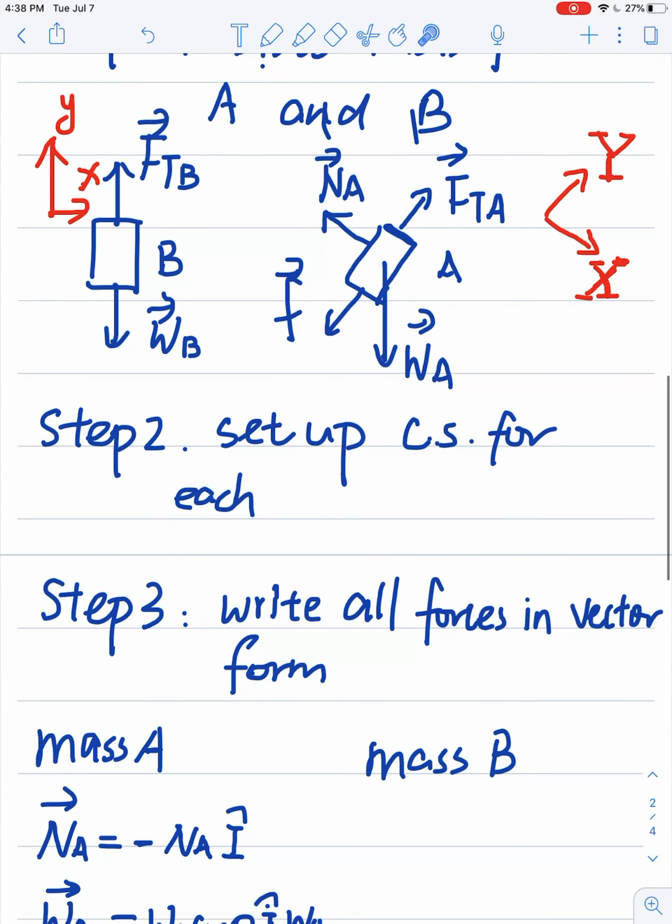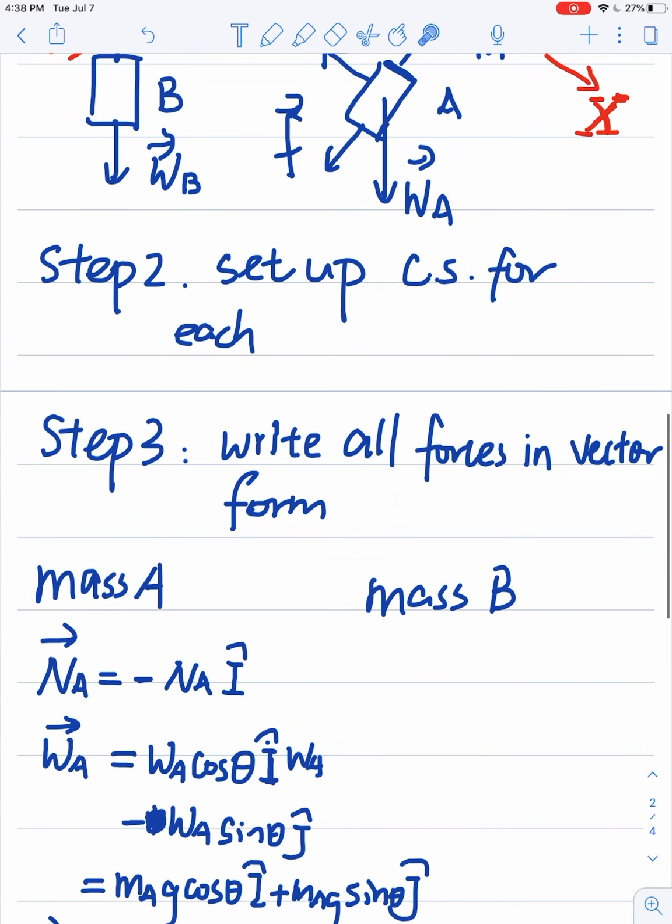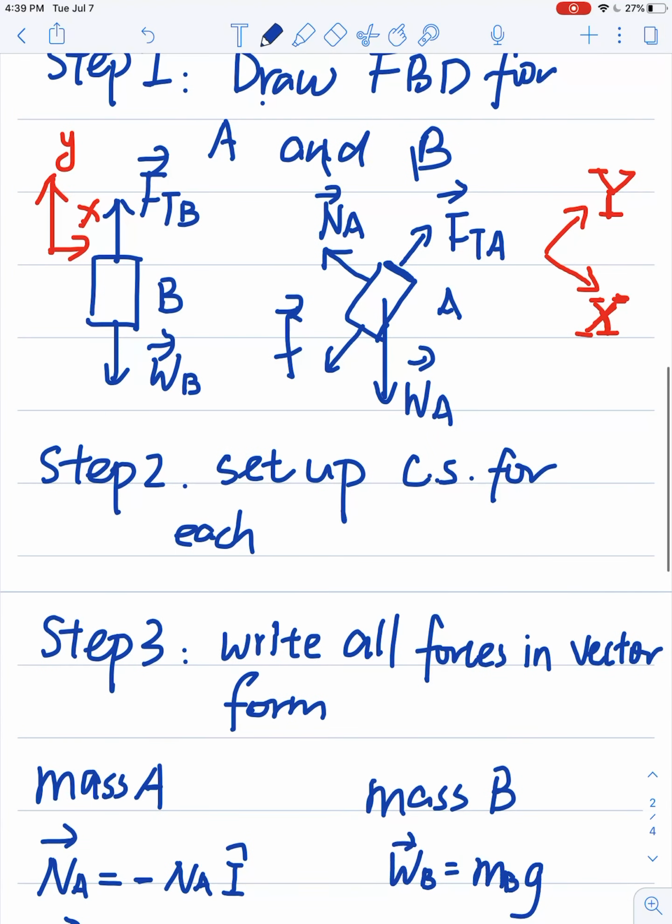Now let's look at mass B. Go back to your free body diagram. We only have two forces in mass B. First force is WB. We can write that as mass times G. So MB G. The direction gonna be,